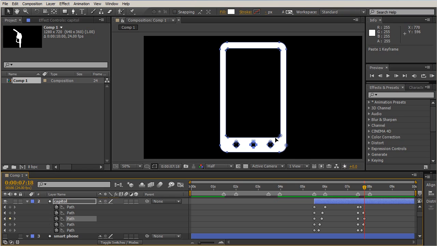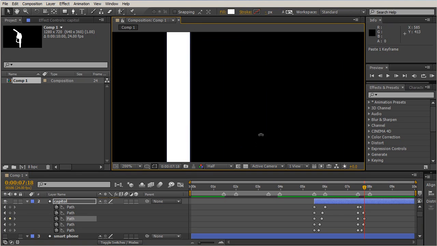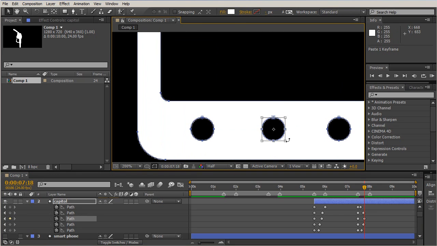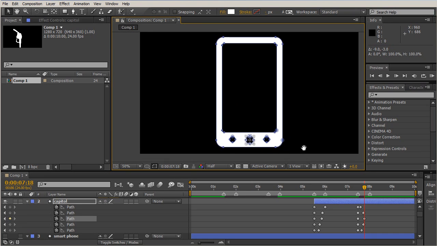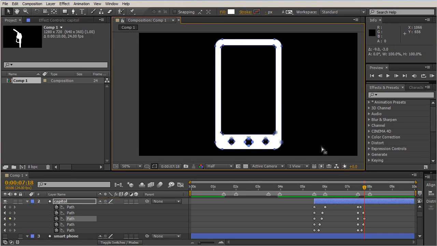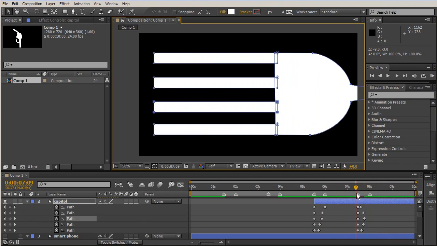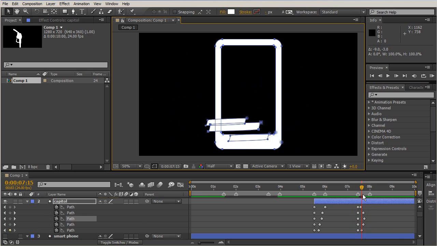But what we'll do is we'll just enlarge that center button just a little. No big deal. Double click on it and zoom in just so we can see. Enlarge it just a little and give it a couple of nudges here. Awesome. I think that looks great. Now we can just hit escape to get out of that transform mode, and we can just see what we have. So now that we have it transform into a smartphone,